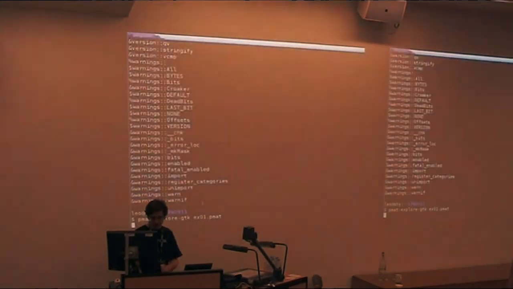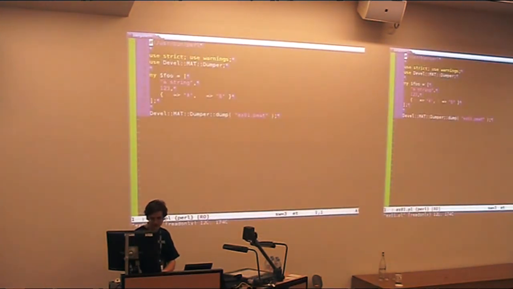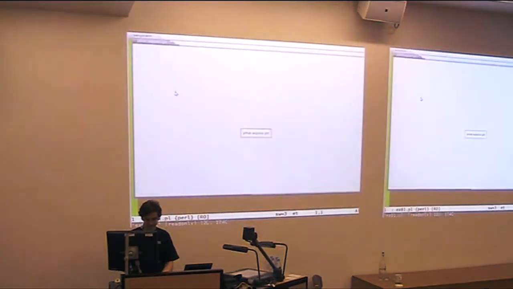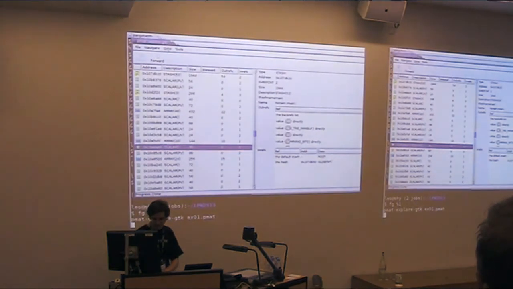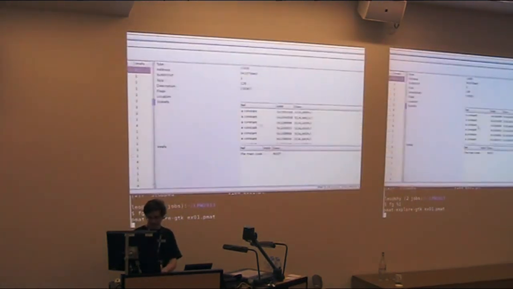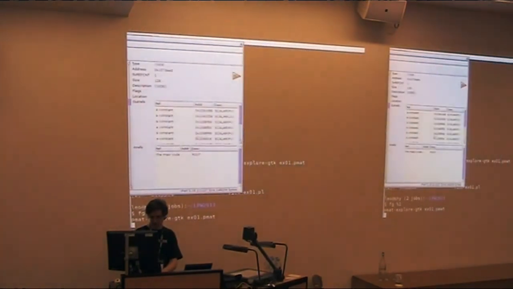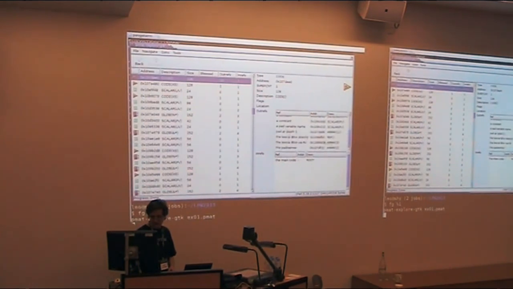So for example, the code we were looking at, let's go find it. We had our little array here that had a string and a number and a little hash in it. So let's go off and see where they were. So here we have the main code. This is going to be very annoying. Oh, no. So we have a whole bunch of stuff in the main code, and it has a lexical